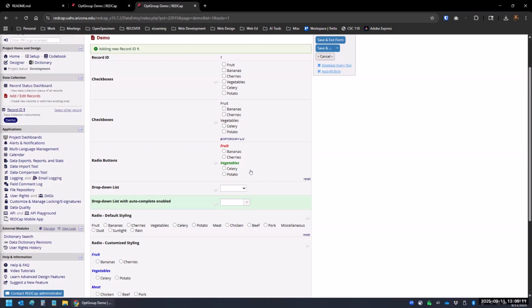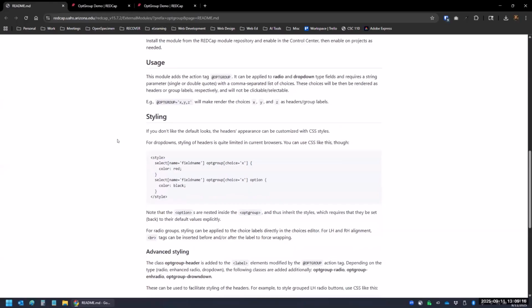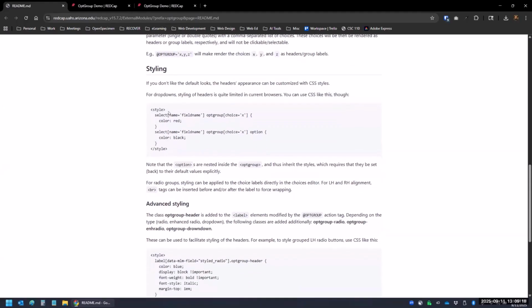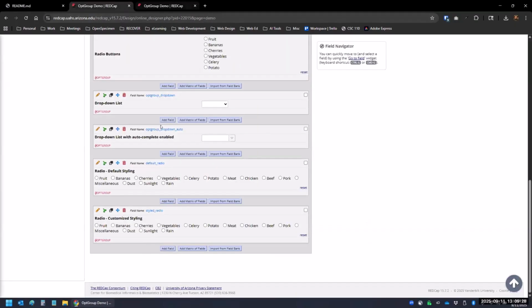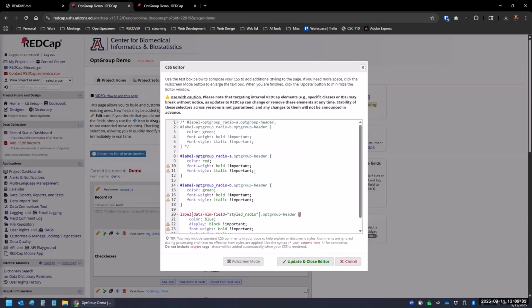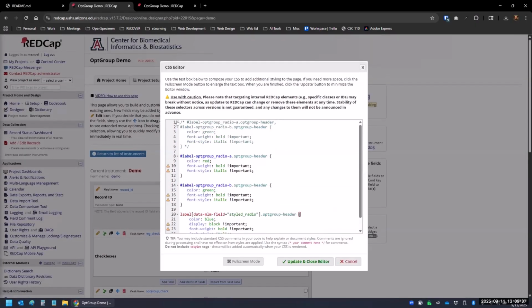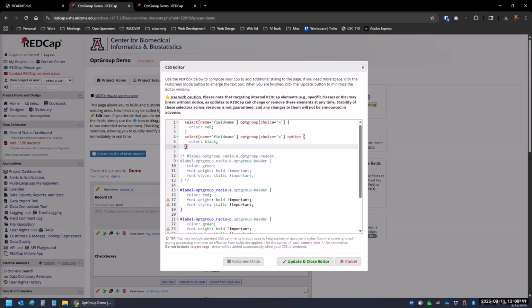So getting into styling, in the documentation, they talk about selecting. You have to add the field name and then the opt group choice. And I tried messing with this and I wasn't able to get it to work. So if I copy this into the designer here, we just go to the custom styling. Well, you can see that I have others in here that I'm using. But if we go to the top and we just put that in,